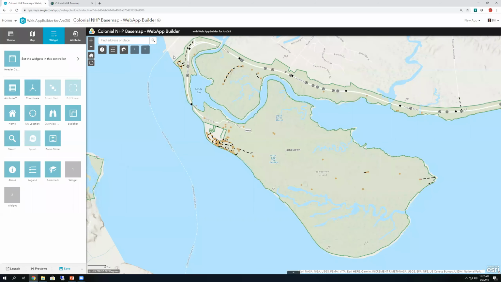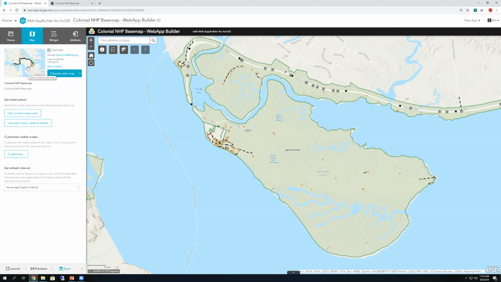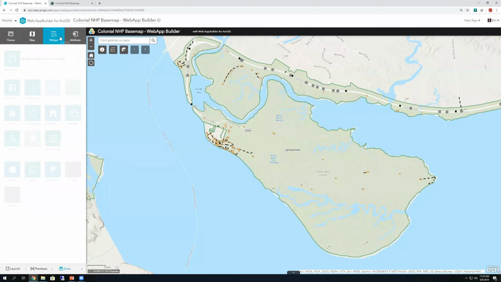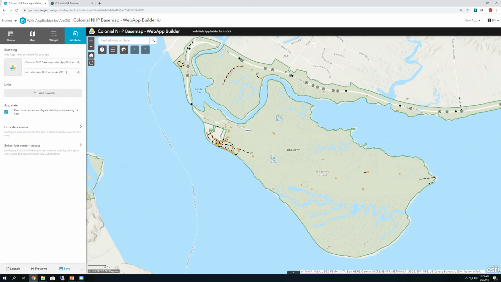So let's just recap what I've done here. I've got a web map. And from that web map, I have chosen to create a web app using the web app builder. I've got the foldable theme. I'm choosing my current map, which is my colonial map. I've added some widgets up in the upper right-hand corner. I've removed widgets over on the top right so that all my controls are in one place. And finally, I'm going to work with my